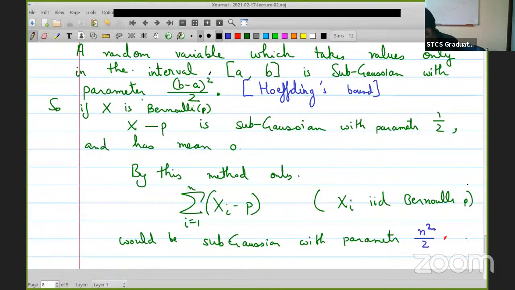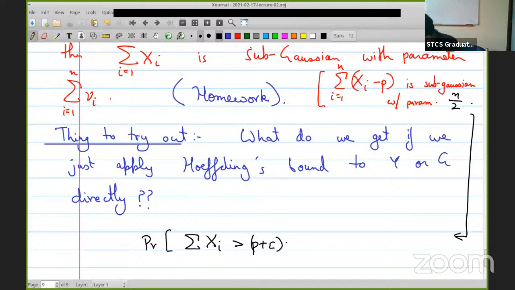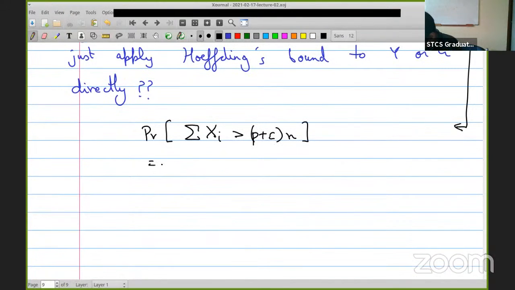And now if you substitute into the bound, you will get something else. This would imply that the probability that summation xi is bigger than p plus epsilon times n, which is the same thing as the probability that the summation for i from 1 to n of xi minus p is greater than epsilon times n, is less than,